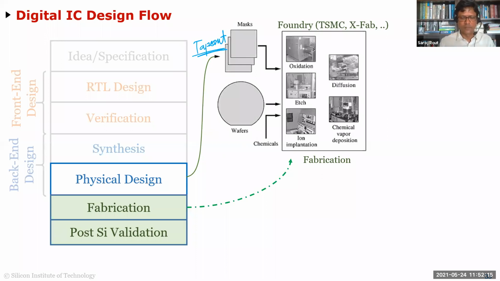That's what it means. That means the data for manufacturing has been sent to the foundry house. Obviously the foundry house will take each of these layers, depending on the complexity of your design. These could be as little as 10 to 15 layers or as high as 200 to 300 layers. They will take each of these layers, convert them to masks, and they will use their process steps